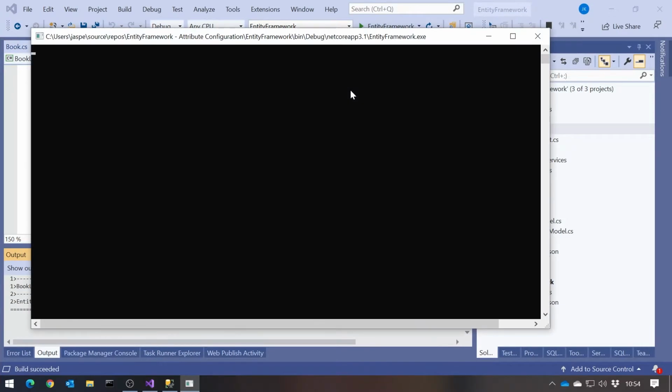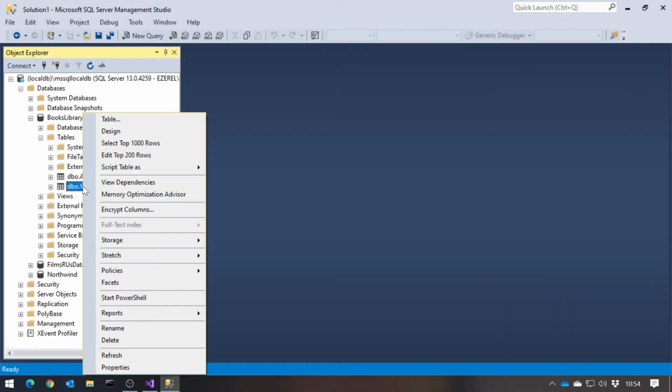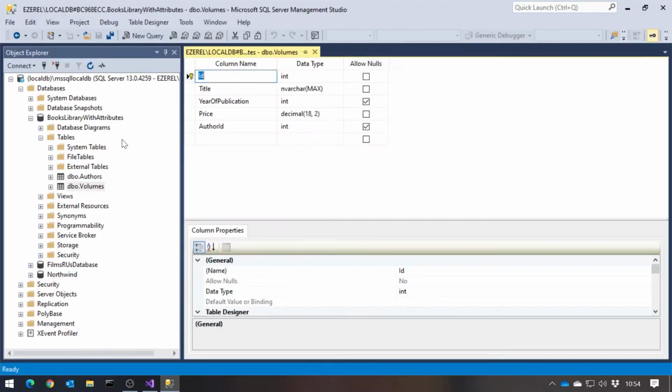And so running that, at the moment title does allow nulls, but if we look at the new version, you can see it's not nullable because we specified that it was required. Now this actually leads us on to another